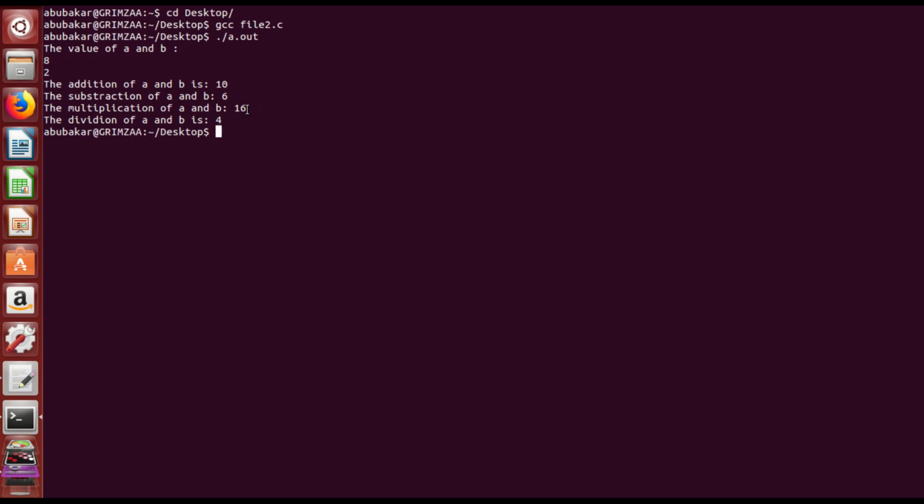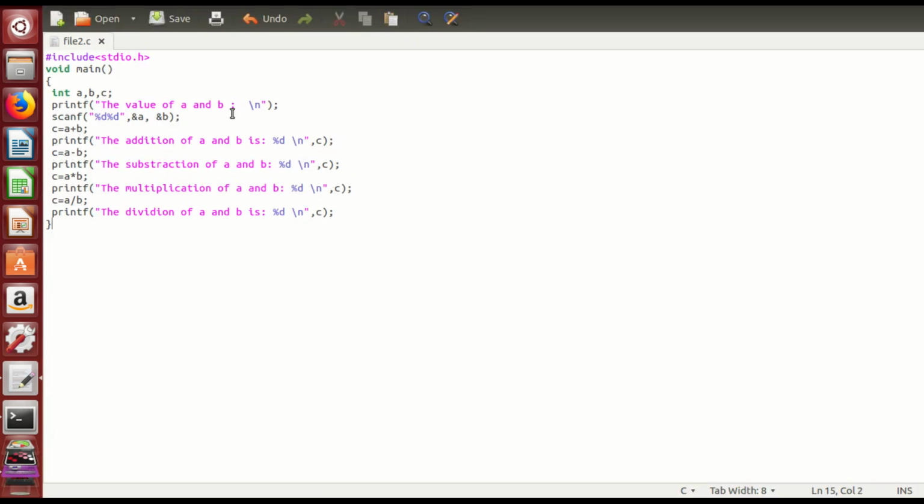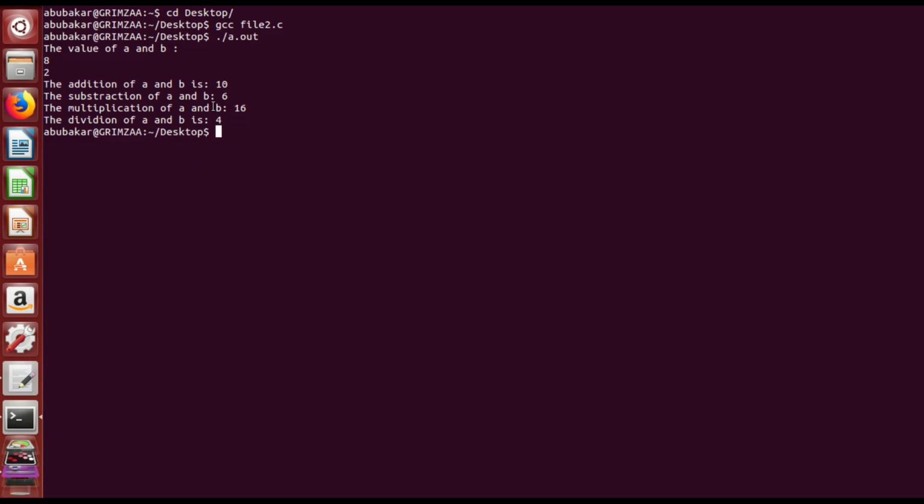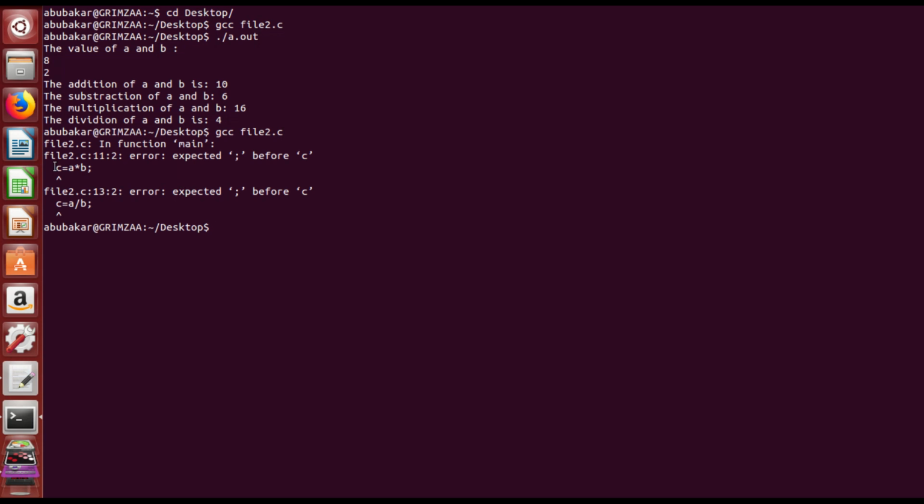It is a very simple program for beginners. C language is a very interesting language. Now we see how the compiler shows errors in our program. I open the program, erase some double quotes, then save the file, go to the terminal, and compile it again. The errors are shown here. So the compiler shows us the error even if we miss anything.